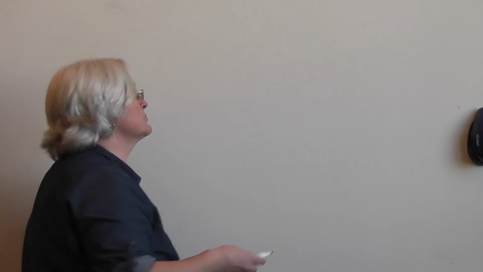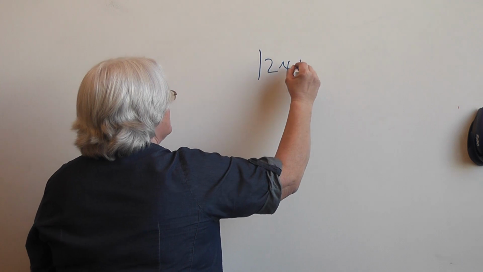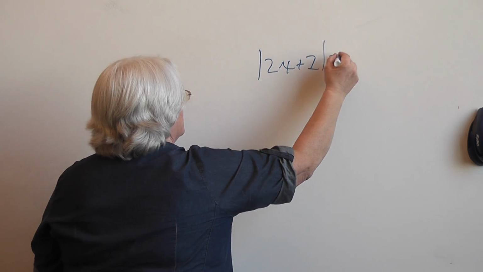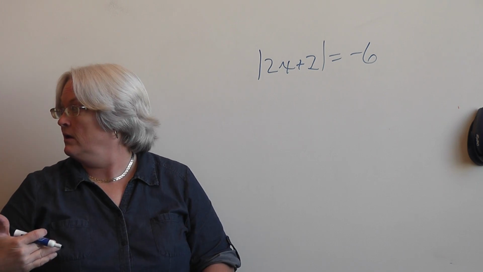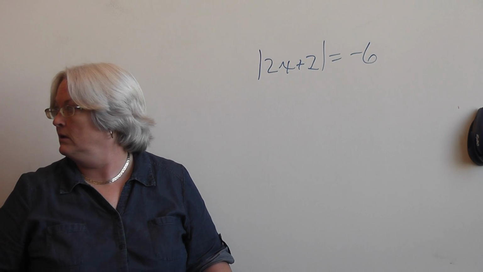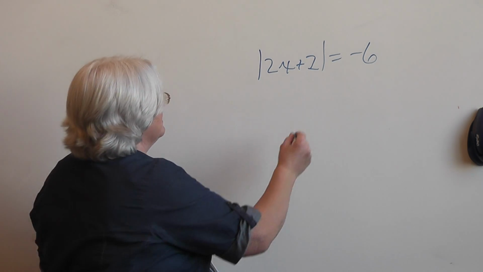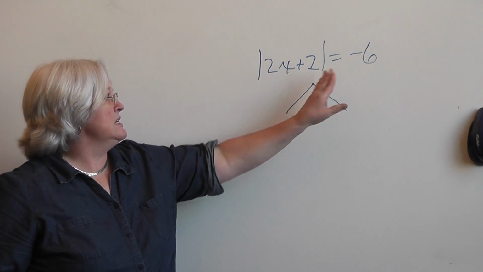Okay, I want to go back through just a quick review. Solving for distance on the number line. You guys picked this one up right away on Tuesday. If you have the absolute value of 2x plus 2 is equal to a negative 6, do you need to go ahead and break this down into two equations? Well, no, because